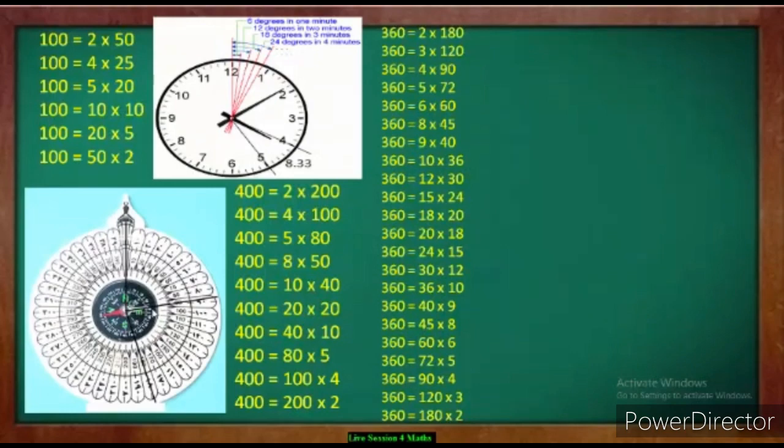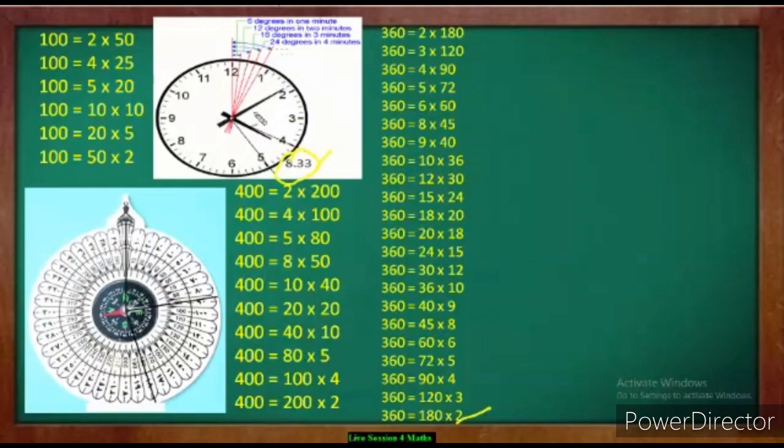Many factors are there. You can see here 1, 2, 3, 4, 5, 6, 7, 8, 9, 10, 11, 12, 13, 14, 15, 16, 17, 18, 19, 20, 21 and 22. 22 factors are there for 360. 22 ways we can divide a circle, and we will get a natural number here. In the other circle, we are not getting natural numbers. We are getting fractions, decimals. But in a 360 degree clock, all values are countable.